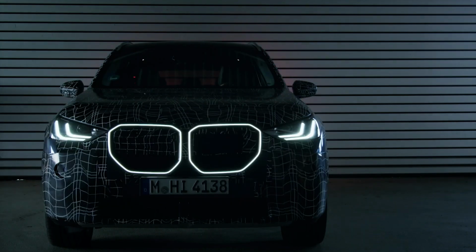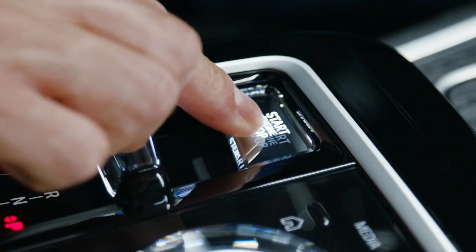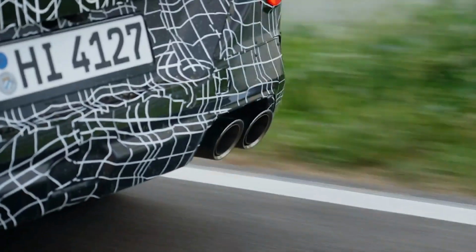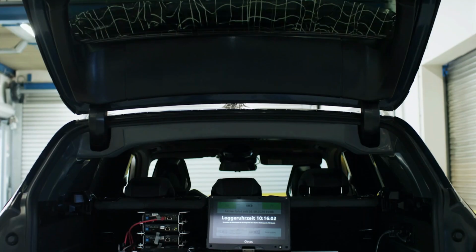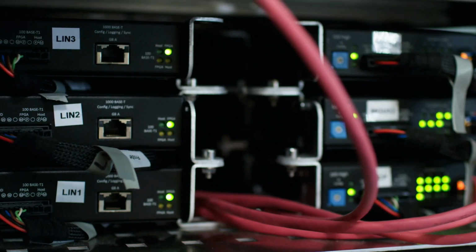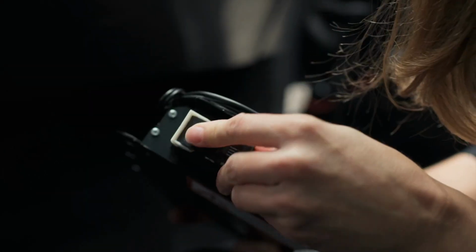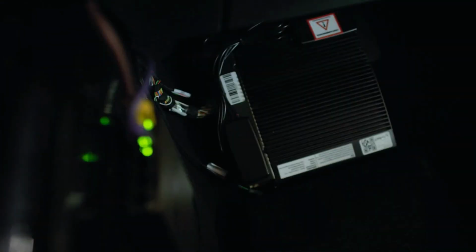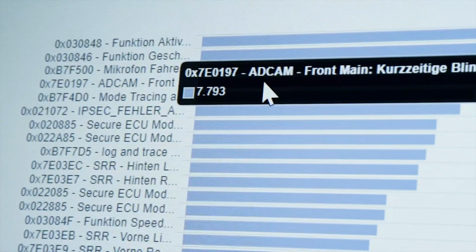BMWs are built with quality and reliability that people trust. Our engineers integrate every car with cutting-edge digital features to help keep drivers safe on the road, while delivering world-class performance. Testing of all functions plays an important role. In the past, we used hard drives in our development cars to store test data. Developers had to wait at least a day to get fresh data for analysis. We built a mobile data recorder that's integrated into the car's digital nervous system. This IoT device transmits data in real time.